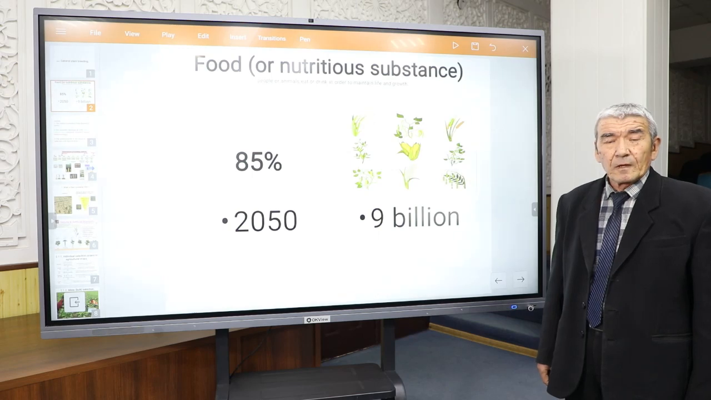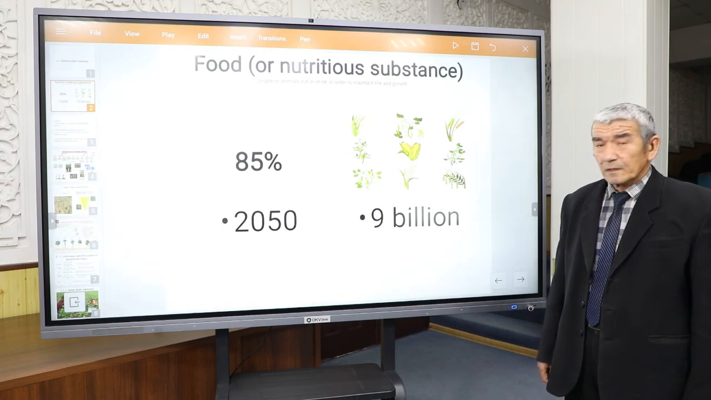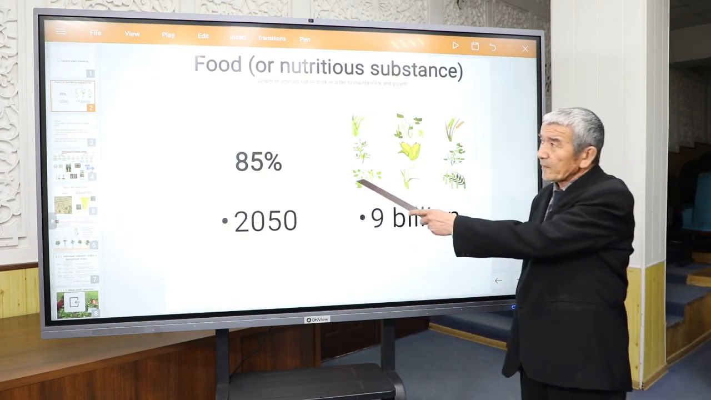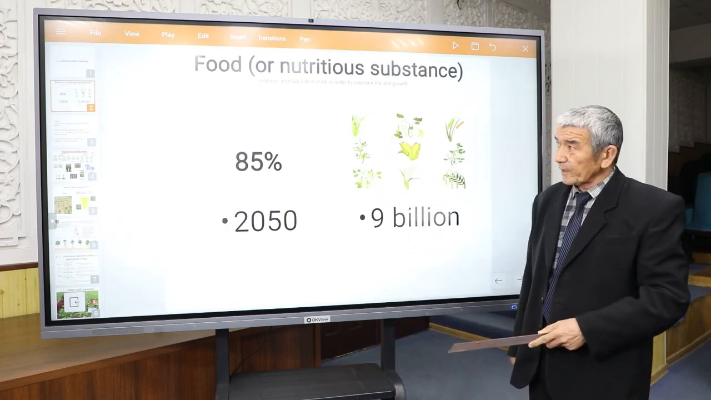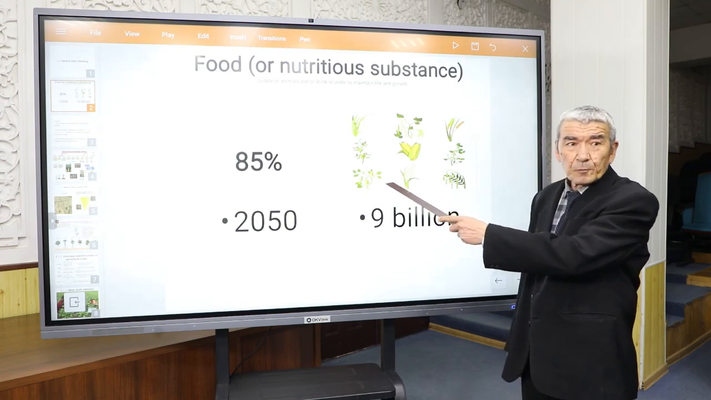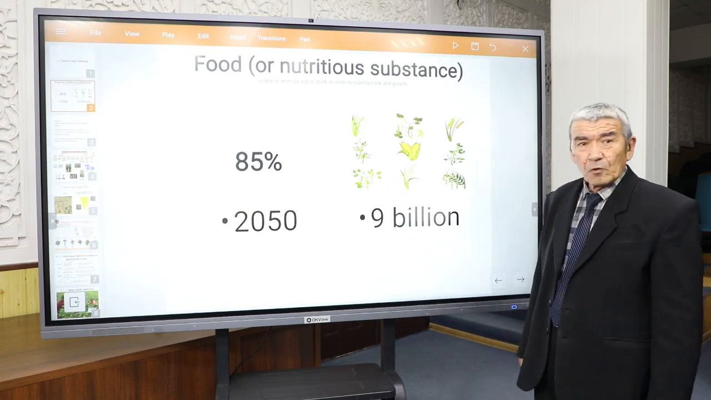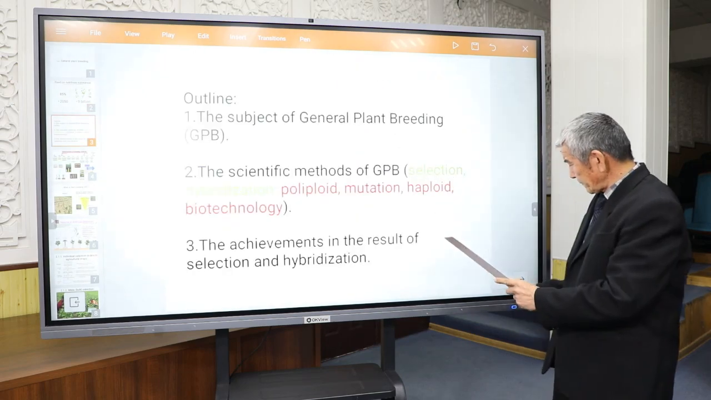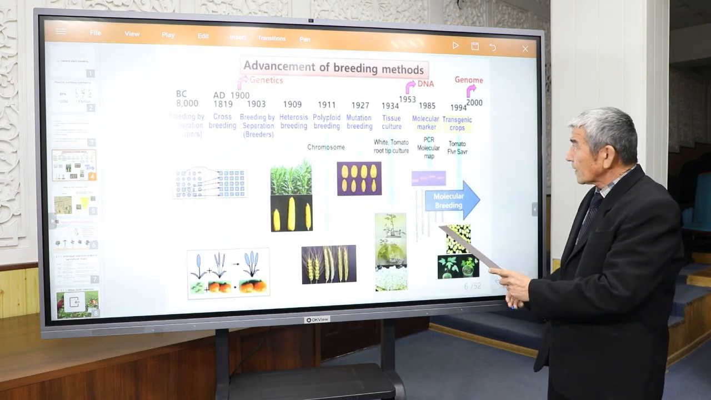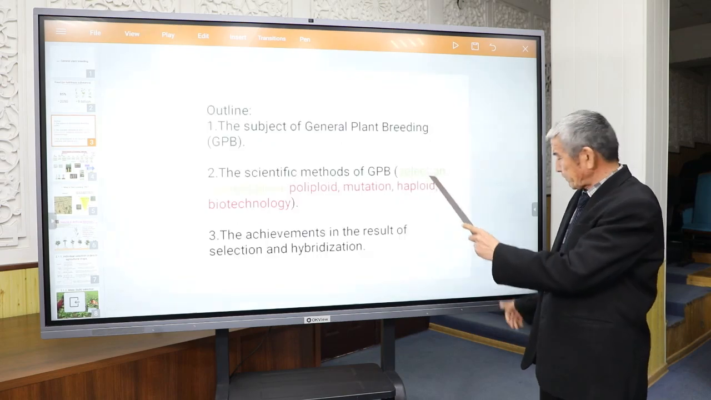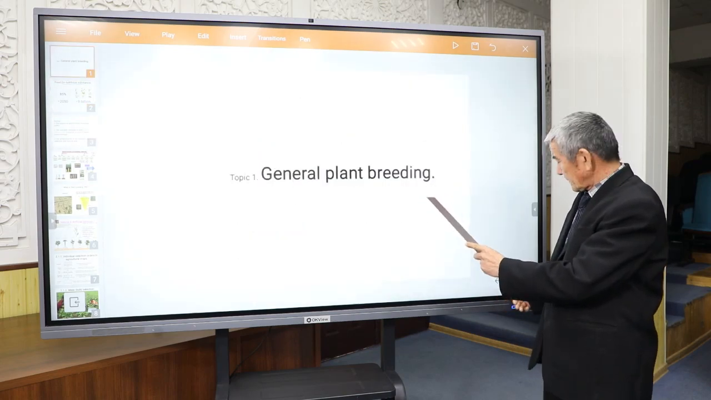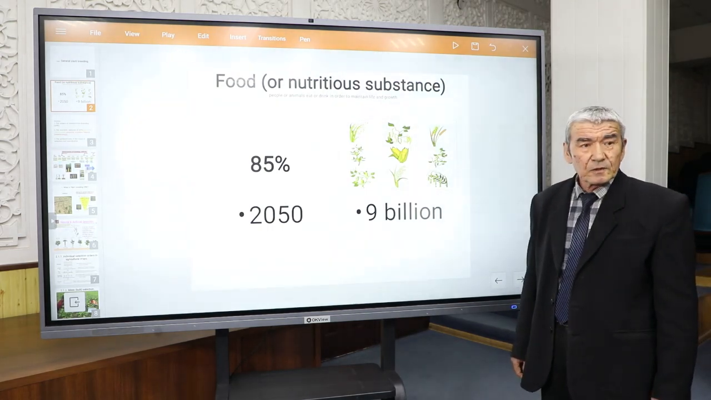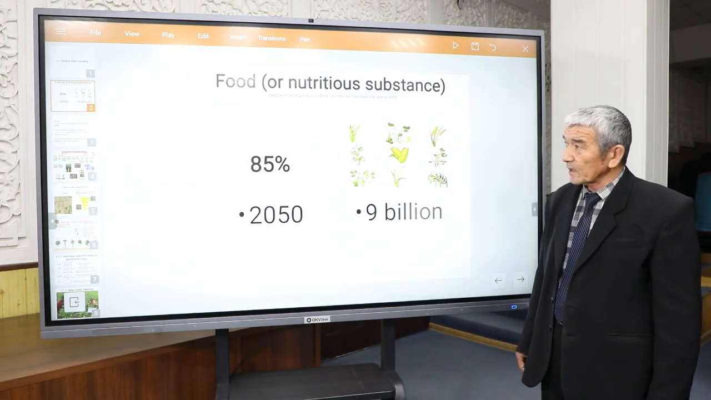Scientists discovered that 85% of food products have plant origin. So, cultivating crops is very important for the national